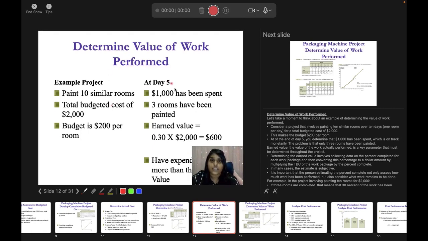$200, right? So the actual progress is that at day 5, 1000 has been spent, which is monetarily correct, right? Because you have 10 days to paint 10 rooms, and each room is going to be 200. So at day 5 you are supposed to spend 1000. 200 times 5 days is going to be 1000. So 1000 has been spent. That means this has been achieved. This is correct because